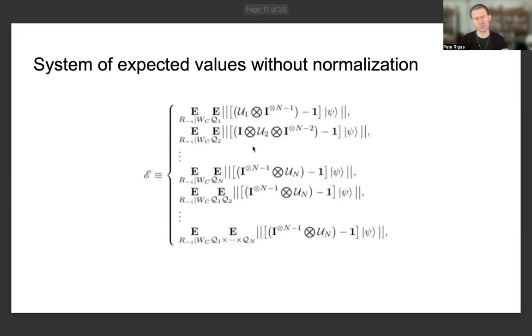Oh yeah, and also these are just all the unitaries. The viewer will recall that we had described these unitaries script U sub 1 up to script U sub big N.